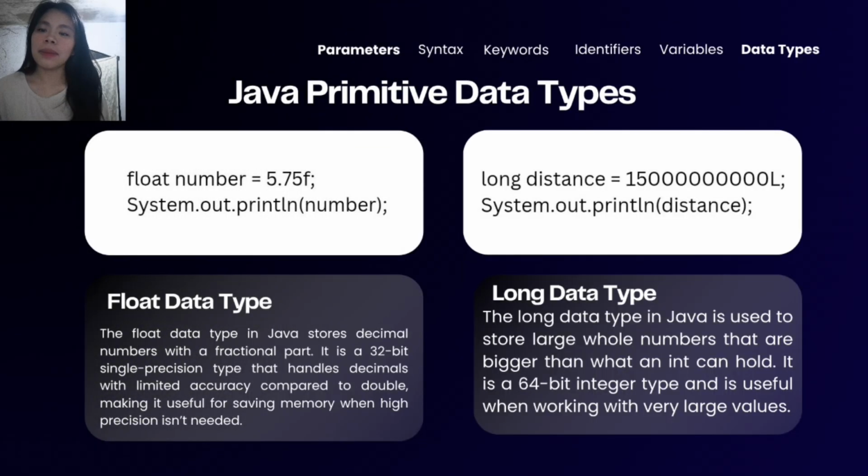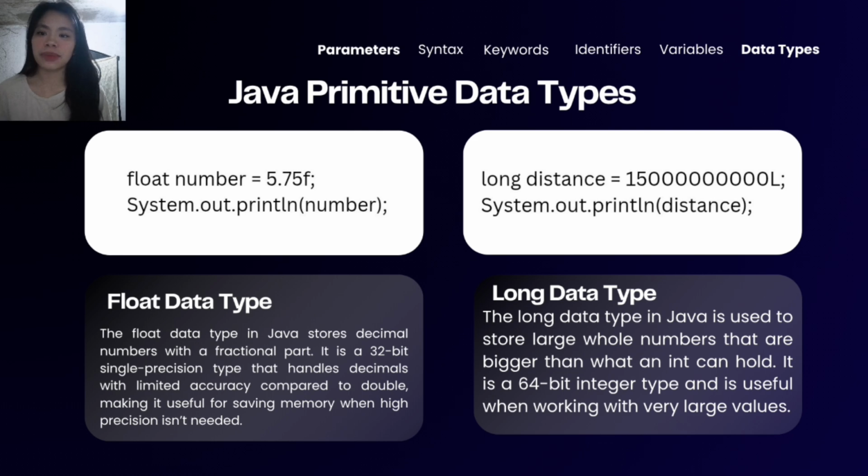The float data type in Java is used to store decimal numbers with fractions, such as 5.75, 2.23, or etc. It is written with an F at the end to show that it's a float. In the example, float number equals 5.75f stores a decimal value and System.out.println(number) displays